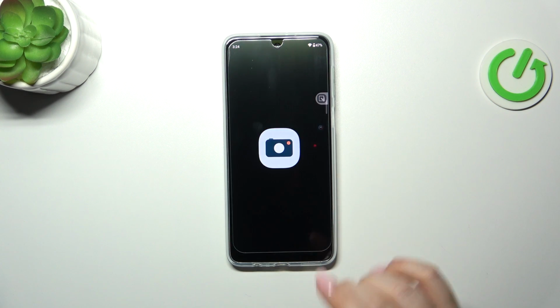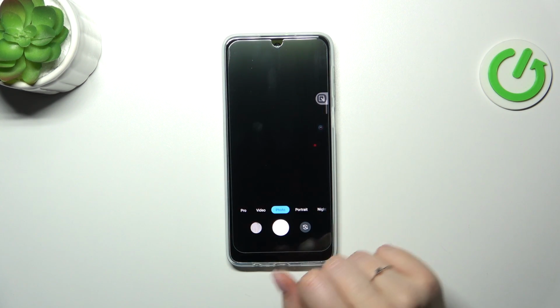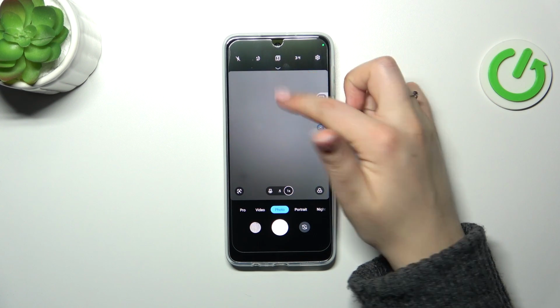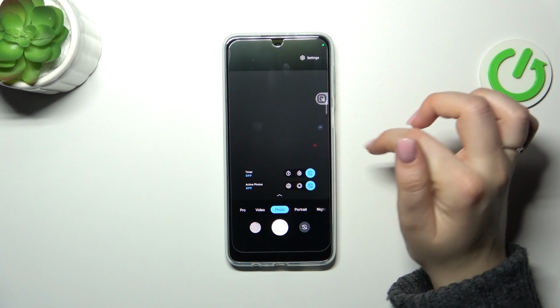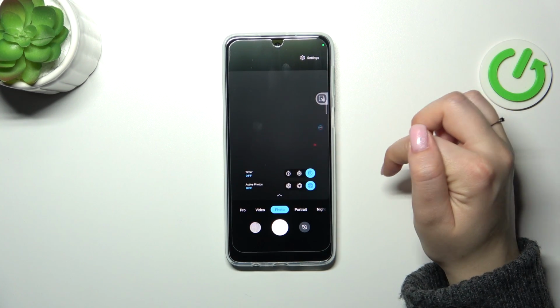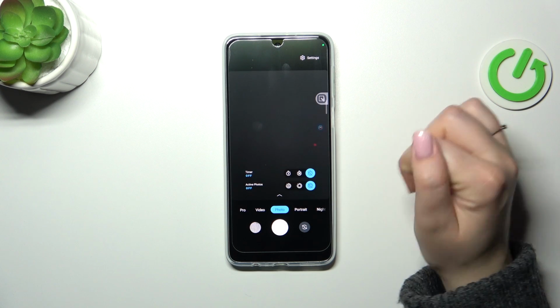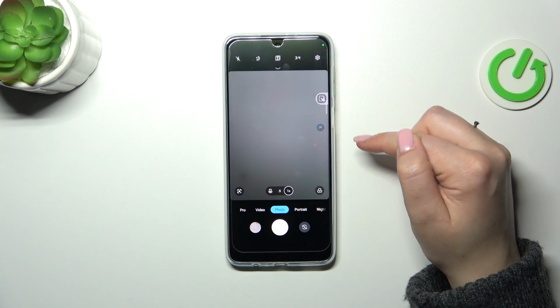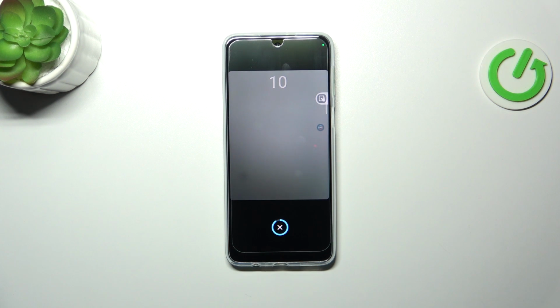So let's start with opening the camera app, and currently we are in the standard photo mode, so let's unroll the top bar, and as you can see the timer is right here. We've got three different options of 10 and 3 seconds delay, so let me choose 10 seconds delay. It is highlighted, and now from now on after tapping on the shutter button, your device will count down from